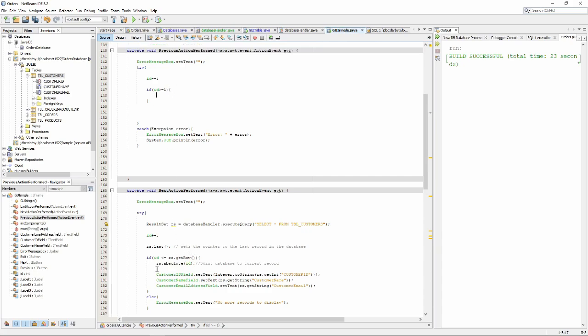Here we didn't know where the end was. It might be that we have 3 records or 7 records, but we know the start. We know the start is always going to be 1. So we're just going to go if ID is more than or equal to 1. So if it is more than or equal to 1,